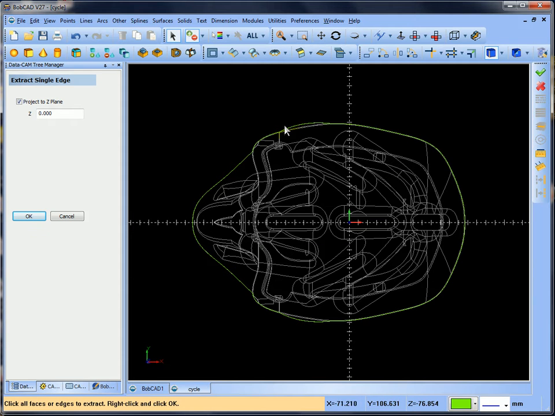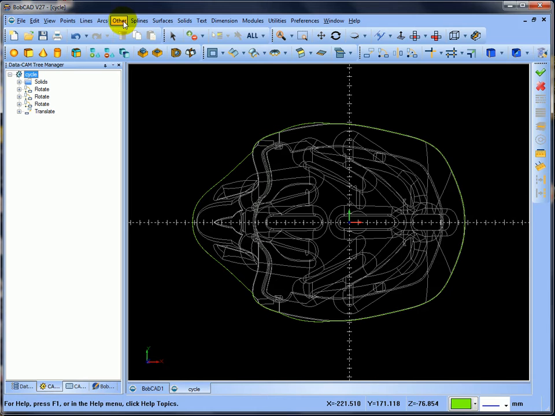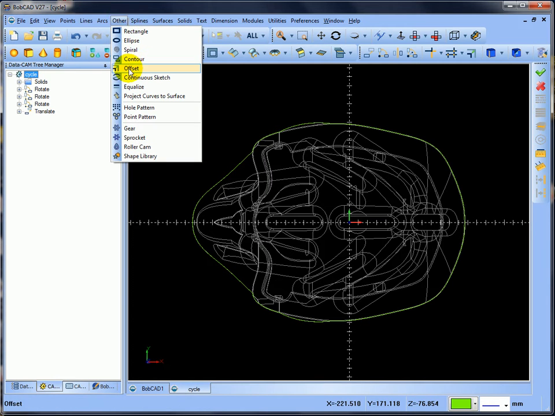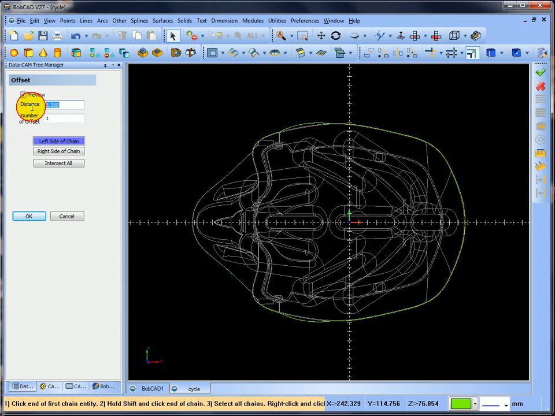Now what I'd like to do is produce an offset for that bigger than the ball of the cutter, so I can get it to come over the edge. I'm happy with that, and press cancel, and then I'm going to go into other, offset, and offset it. We'll use a 6mm ball, so I'm going to offset it 4mm. I'm just going to use one offset, and I could pick the right or the left,